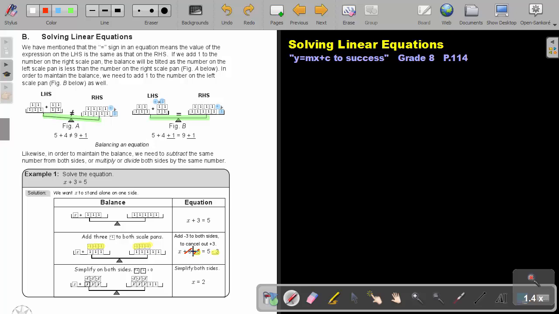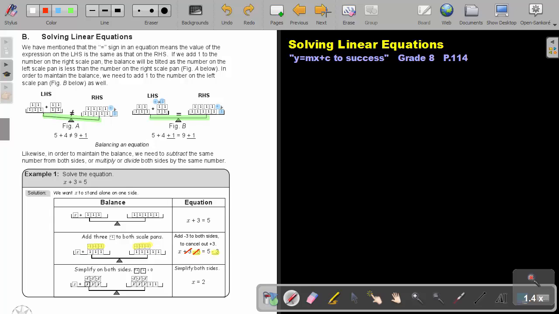Now, especially in grade 8, I prefer that the students show what they are doing so that they really understand it. As soon as we go to grade 9 or 10, basically we will just indicate this negative 3, and we will assume that we did it also on that side. But for now, do it on both sides because it will help you understand it a little bit better.